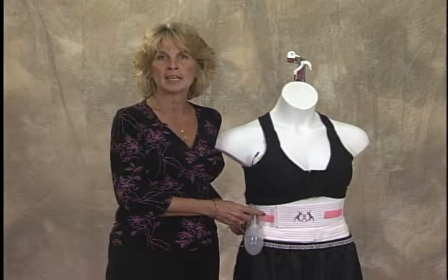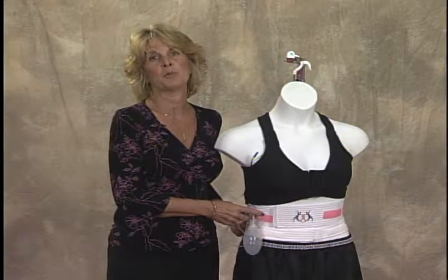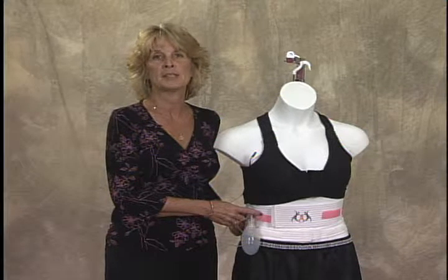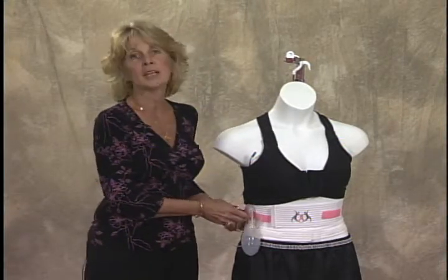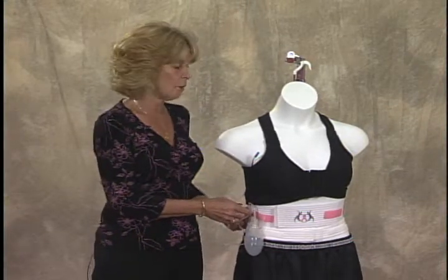So I sat down one day and took all the things that I was uncomfortable with and decided to come up with a bra design that accommodated features to get rid of the discomfort, so that I could concentrate on healing, or the next patient would be able to concentrate on healing and have some sort of normality back in their life. So the product that I'd like to show you today is a post-surgical